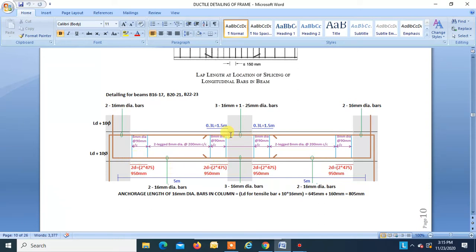Now coming over here, we have to provide 50% of this steel at the bottom. The total steel is 1094 mm square divided by 2, which is roughly 550 mm square. So we are providing three numbers of 16 mm dia bars whose area is 603 mm square, right? So we are providing more than required, so it is safe.